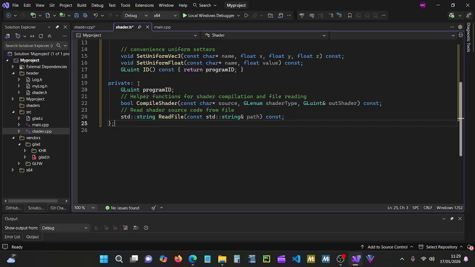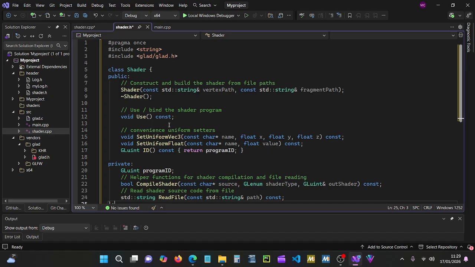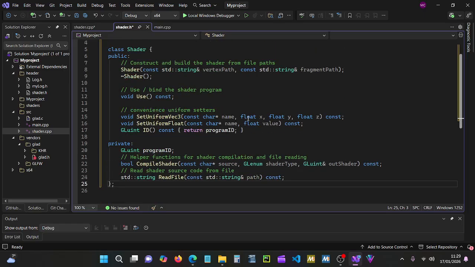In the private section here, private members can only be accessed by the member functions and not outside of this class. So you can only use them within this part here, and obviously in the CPP bit, but not outside of it. Right, the next thing we need to do,